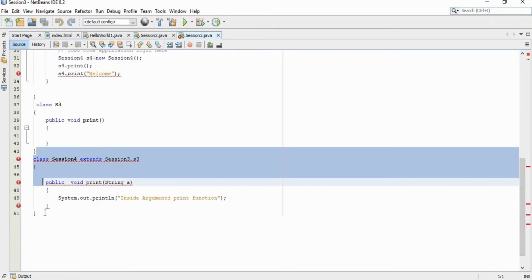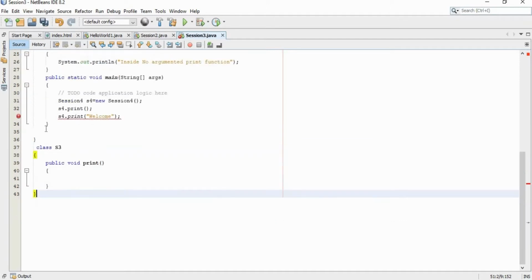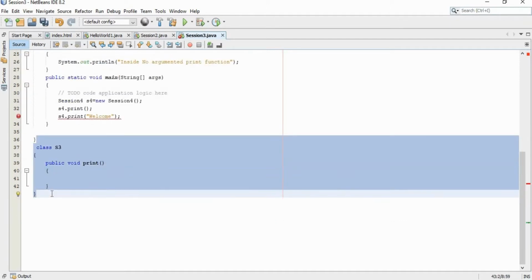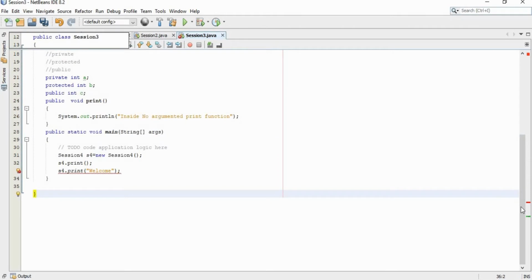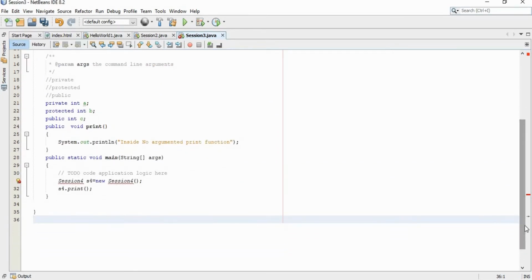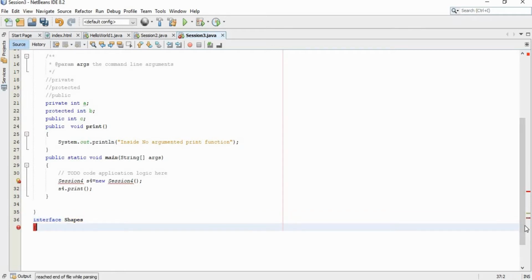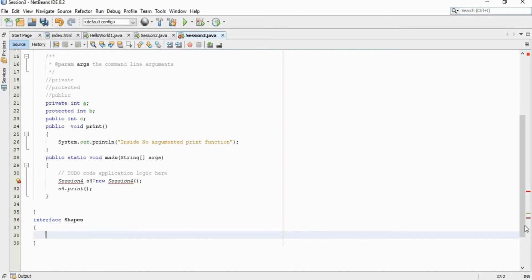So we can remove this, and also remove these classes. Here we can create an interface. To create an interface, we use the keyword interface followed by the name of the interface. In this case, the name of the interface is shapes.